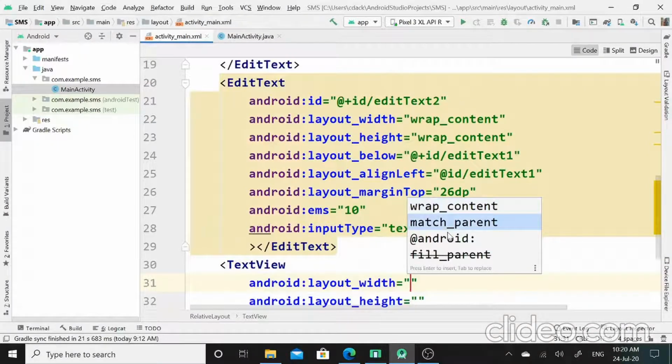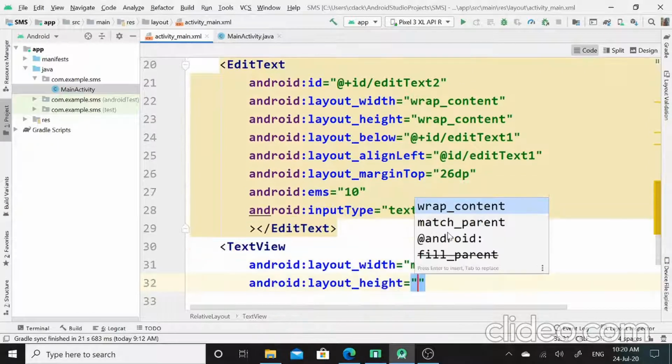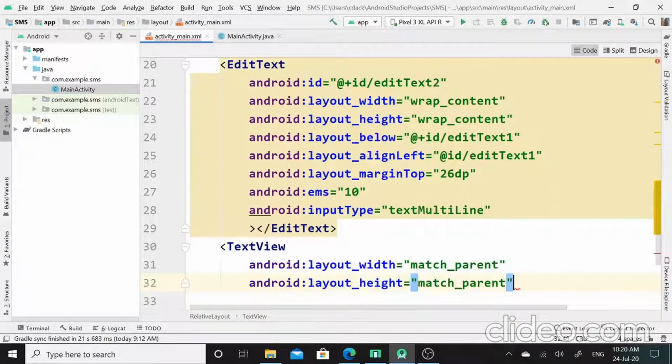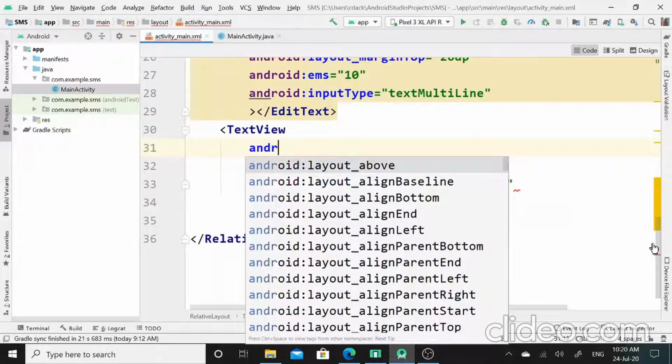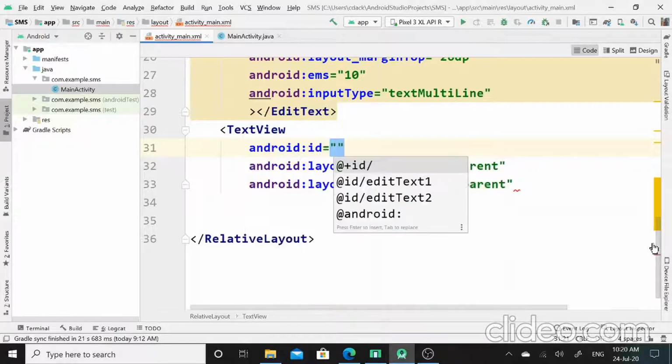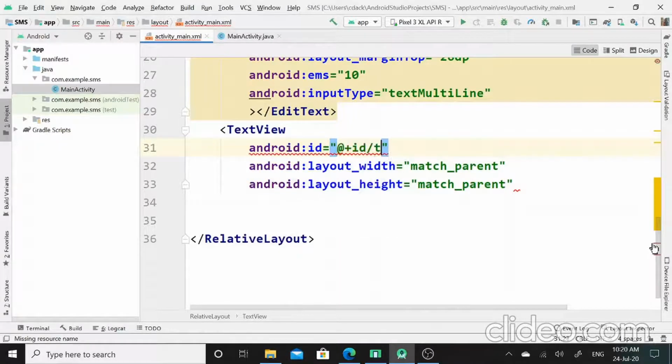Again, its layout width is match parent and layout height is also match parent. Before assigning further attributes and properties, I will set its ID first, and its ID is text view 1.